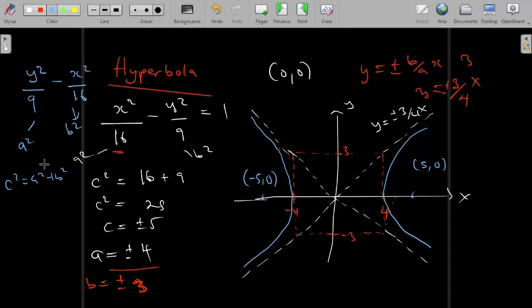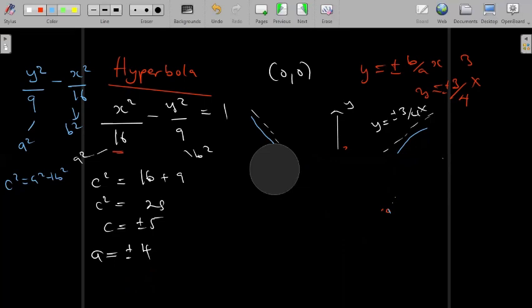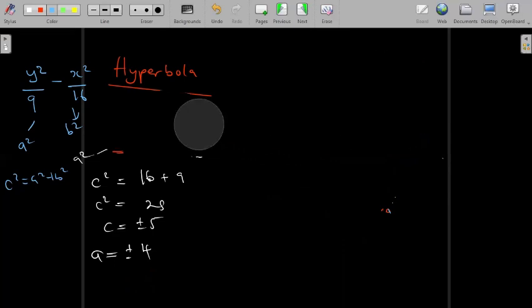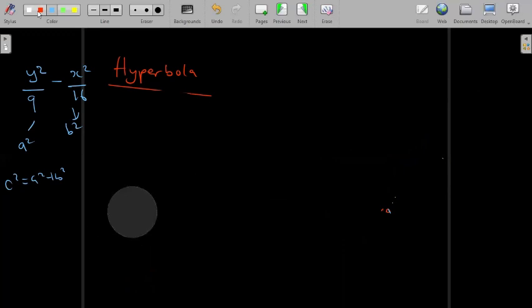But this time around, because the positive term is y, it means that it's going to sit in the y direction. I think you can just sketch that one as well, just for you to have a clear picture of how it looks. Okay, so to sketch this, you're going to have that